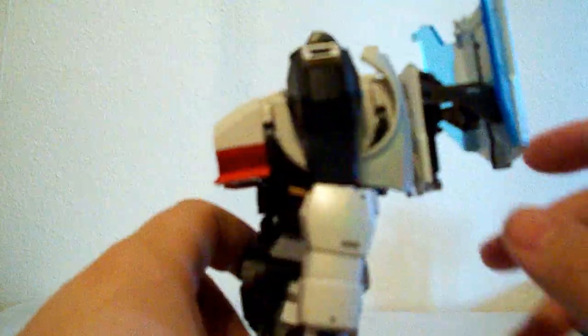I also noticed this earlier when I was messing with him, transforming him. But these doors, the tabs and slots on the bottoms are actually not identical, so you can come back here and tab these doors together if you want, like so. But the only issue with that is now the arms are sticking out, so there is a bit of a gap on his back when you do that. So it's not a perfect solution, but if you want that, you can, and you can probably